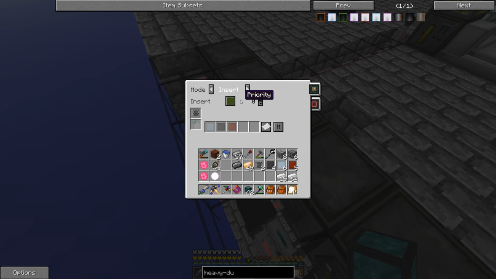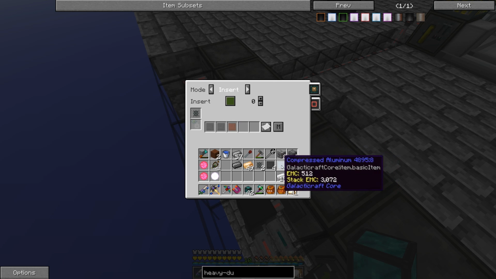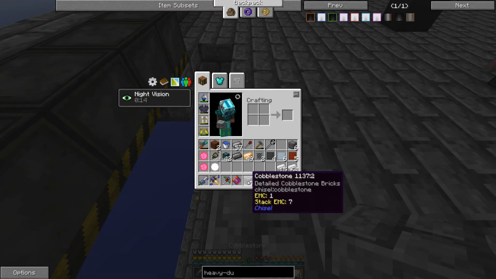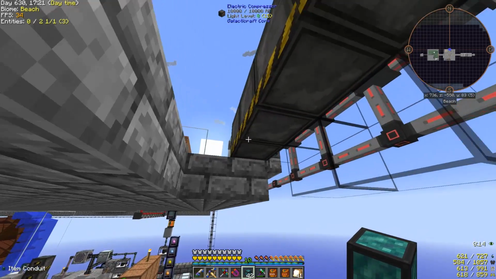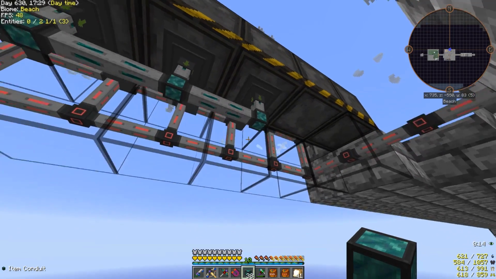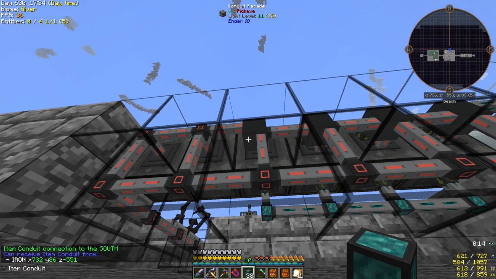Input on this one is, however, compressed aluminium, compressed steel, and compressed bronze. And I'm not sure if I can actually specify those in the right order, because we need to make sure they input in the right order, or at least that it sorts them in the right order. That's the only downside to these particular machines. So on the bottom side, we need to pull all of the products back out of them, and then we can't really put the stuff in that way. They've got to go in